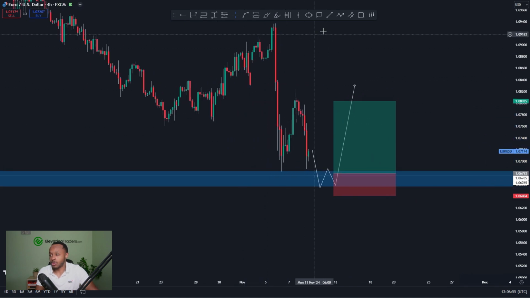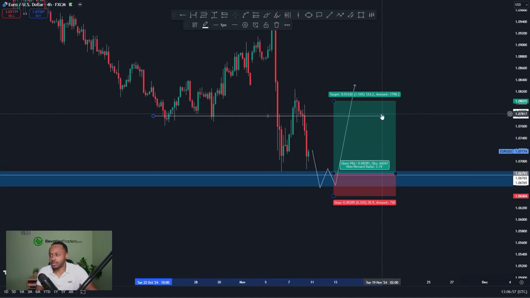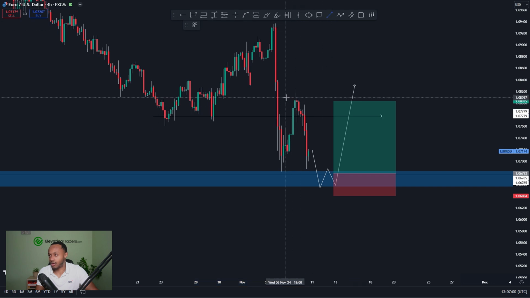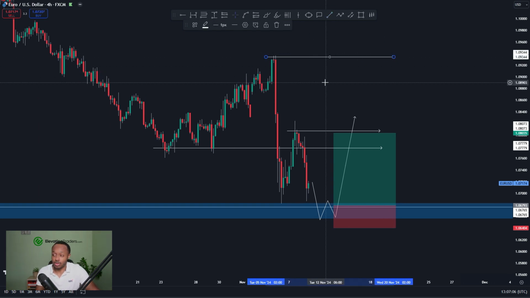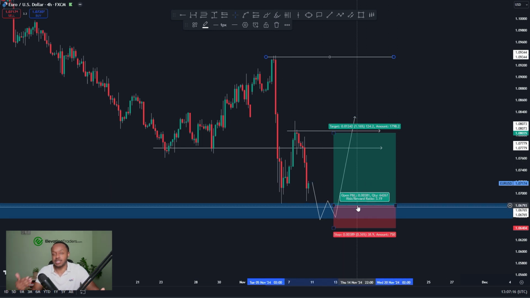And in terms of targets, I'll keep it fairly simple, back to this area here, back to that high. I think that's very logical. If my long-term bias is correct, we could be coming all the way back to the highs there at 1.093, but I would suggest managing the trade at these areas, taking some partials, locking in some gains, because we very much could consolidate, we could still break lower, but this is a nice area to at least anticipate a bounce,